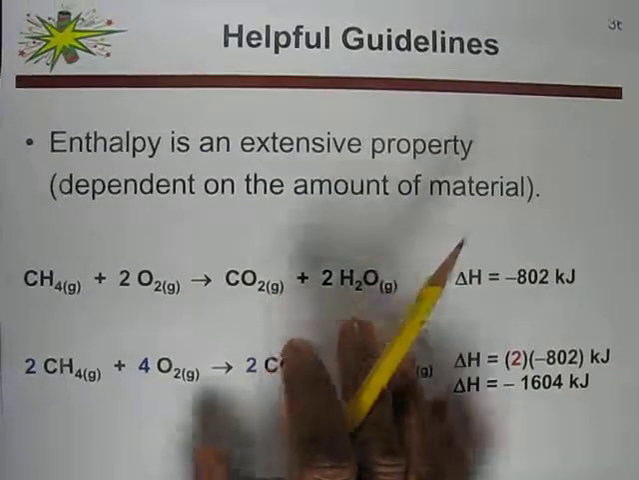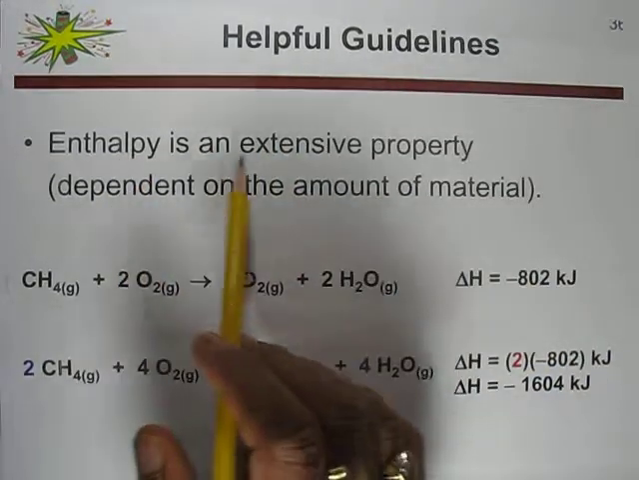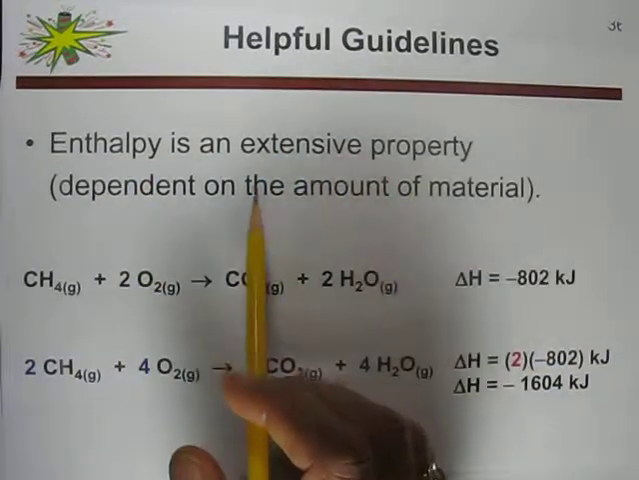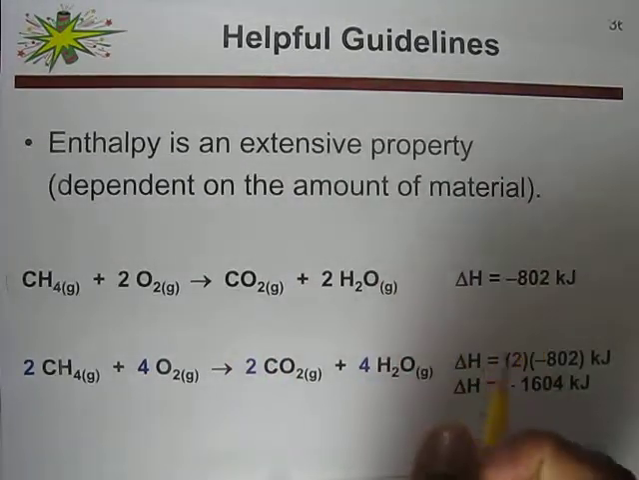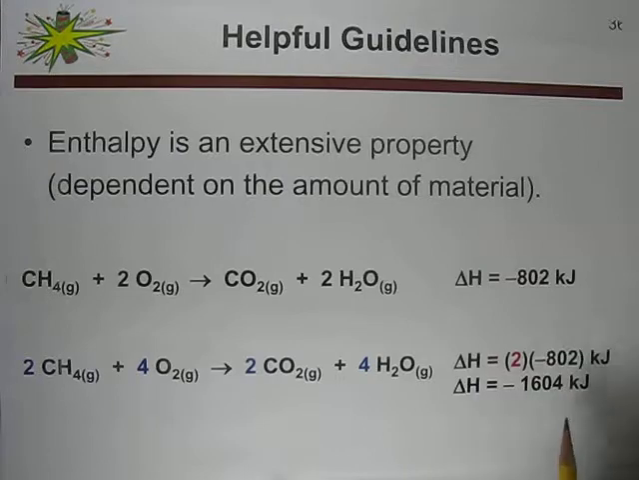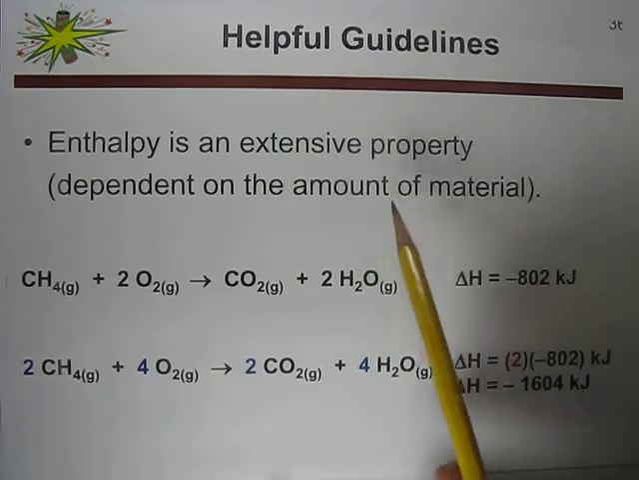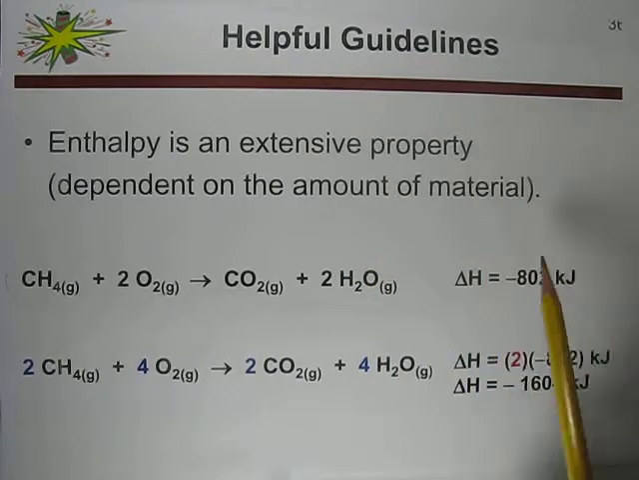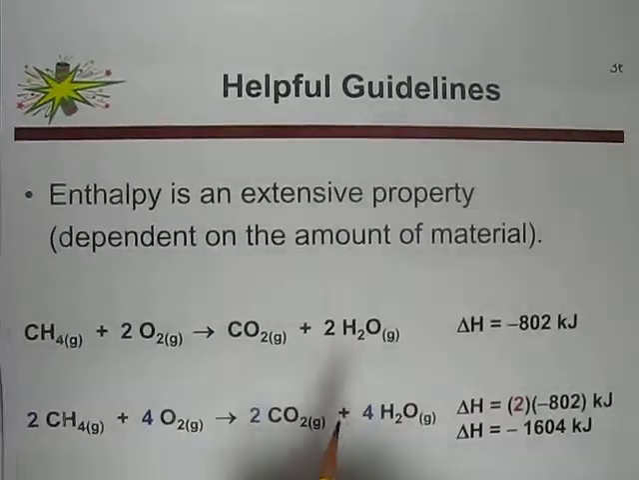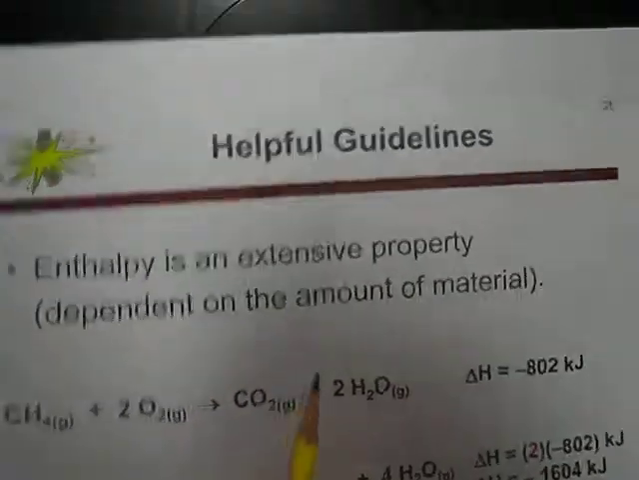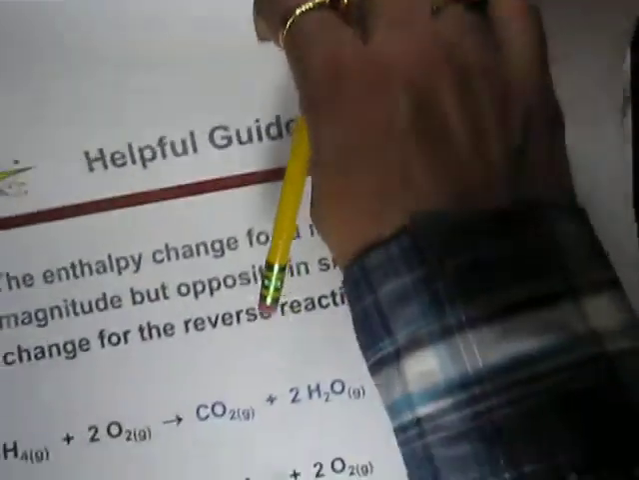So that shows that enthalpy is an extensive property. If we take double the amount, the energy will also come in double, or if you take half the amount, the energy will reduce to half. So this was one property of enthalpy for the reaction, and another one is